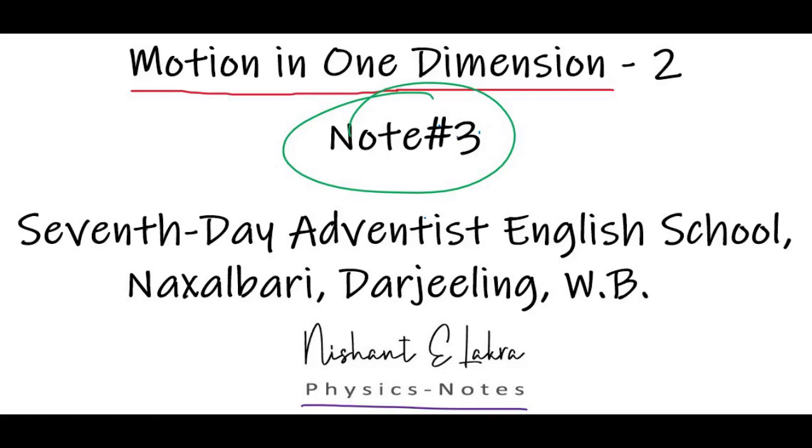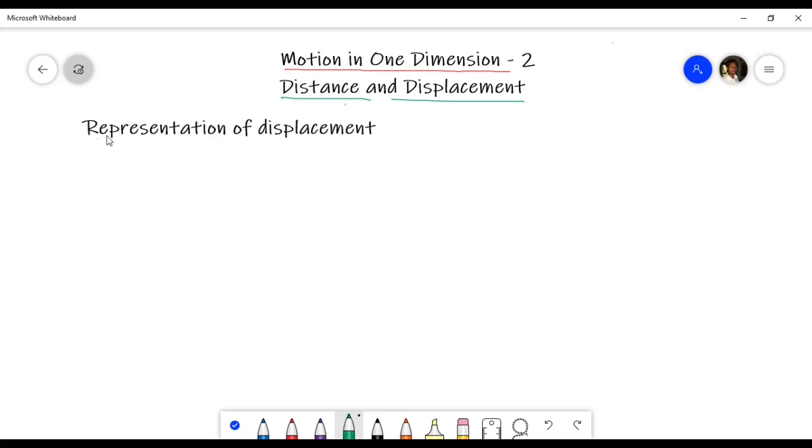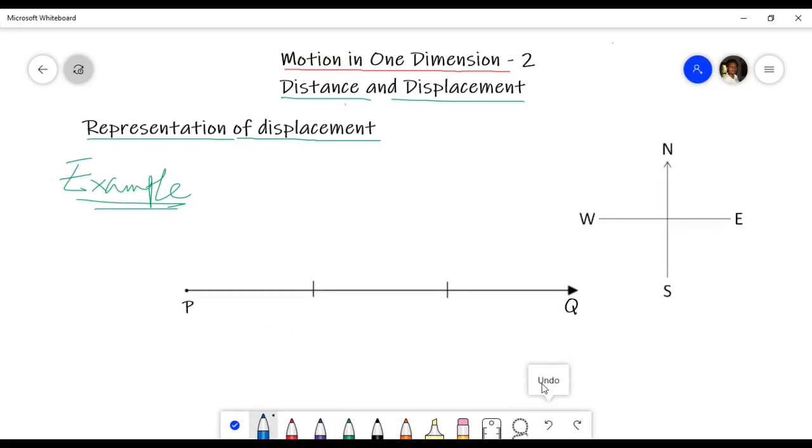We are studying motion in one dimension. Let us see representation of displacement. So the displacement is a vector quantity, right? It's a vector, and it is represented by a straight line with an arrow. Displacement being a vector,